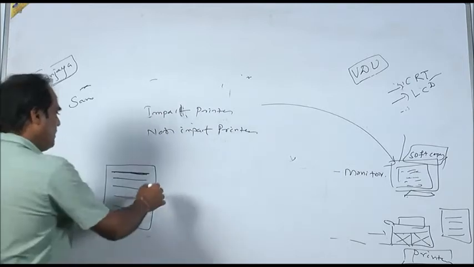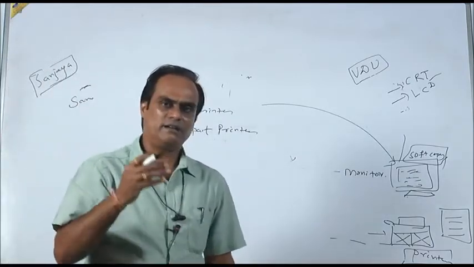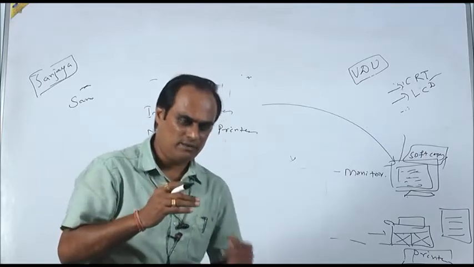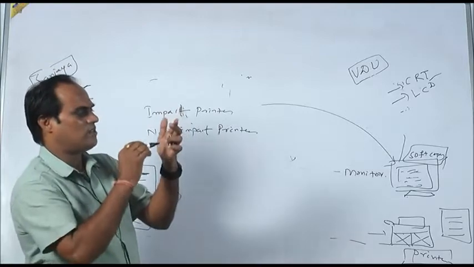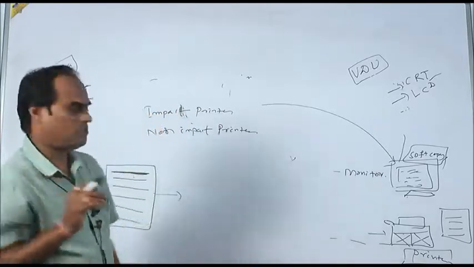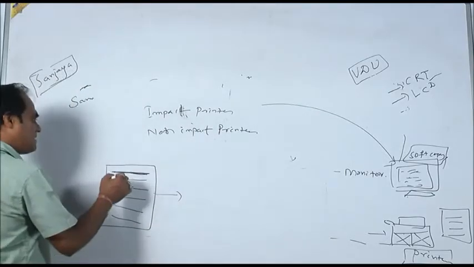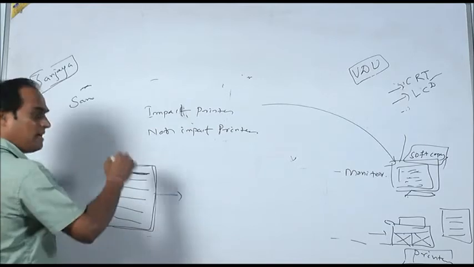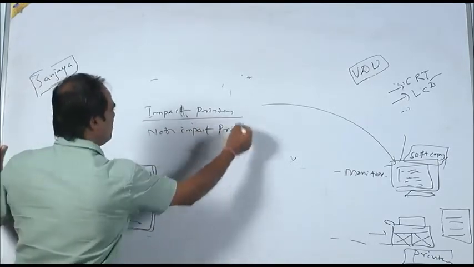That is why in an impact printer, have you noticed or not, it creates some noise when it prints, yes or no. Definitely, as it strikes on the paper for printing, it creates some noise. So by creating some noise, the head strikes and we get the hard copy, the printout, yes or no. That is known as the impact printer.